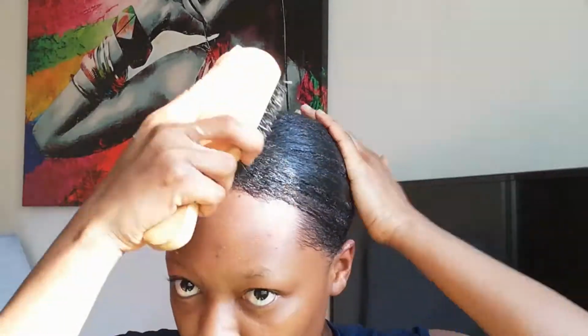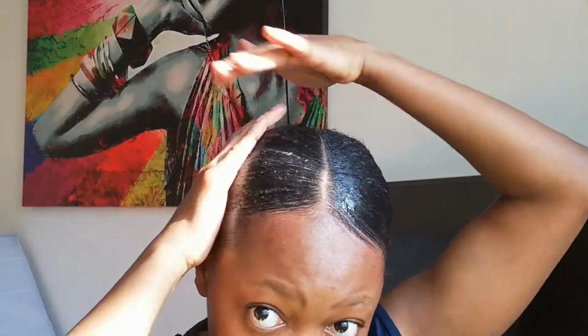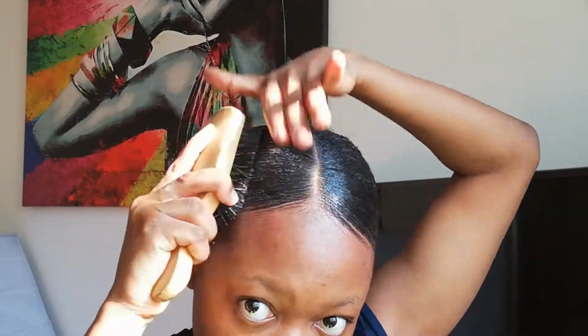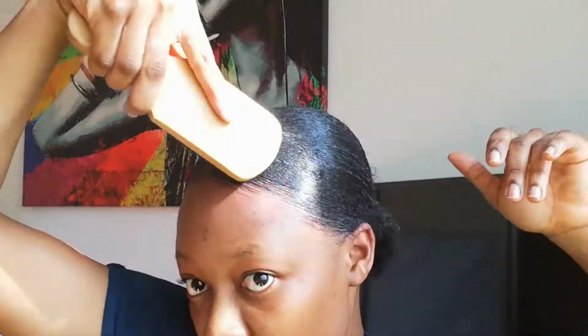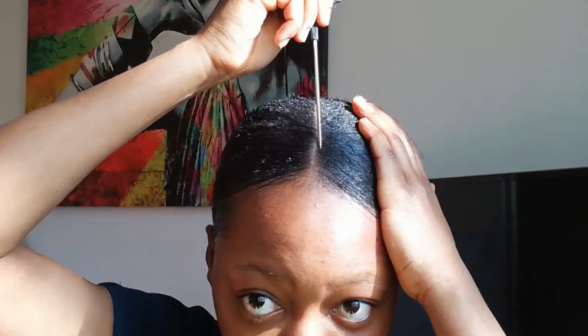Now that I'm done with this process for my entire head, I'm just gonna go ahead and make sure my hair is slicked down really good with this styling brush that I just kept using to brush down my hair. Guys, this brush helped me so much during the entire process. It just made it so flat. Oh my god. And then after slicking everything down and making sure everything is neat,